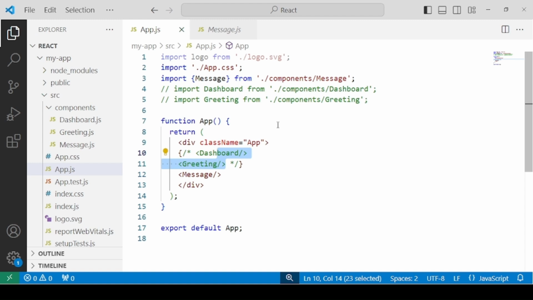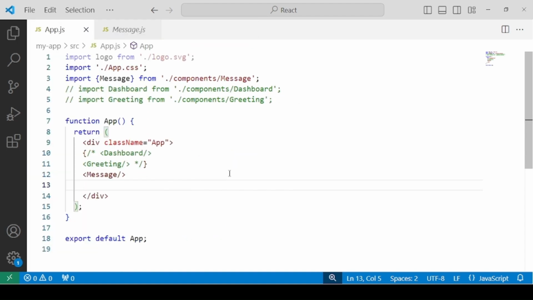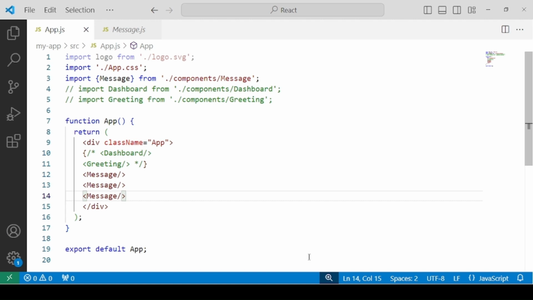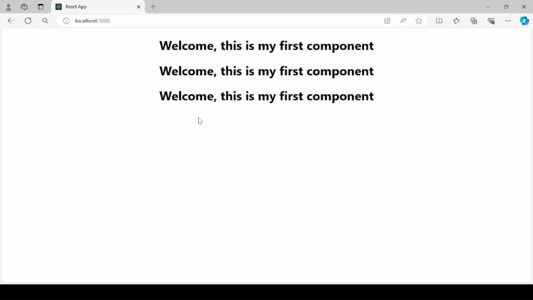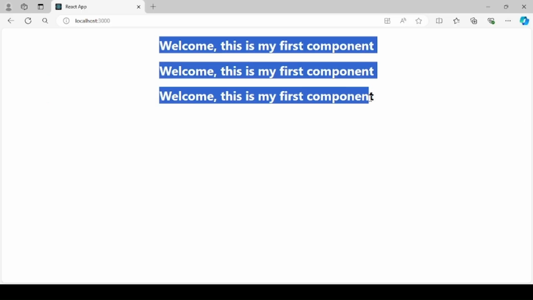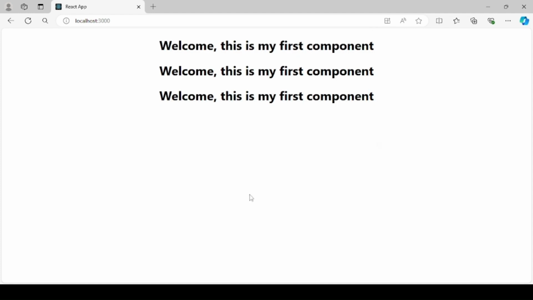We also had a discussion that components are reusable, meaning you can use them as many times as you want. Let's say I'm rendering the message component thrice; you see that the output is shown thrice. Let's consider a situation where you are required to send a message to 3 different students, like welcome and then the name of the student.